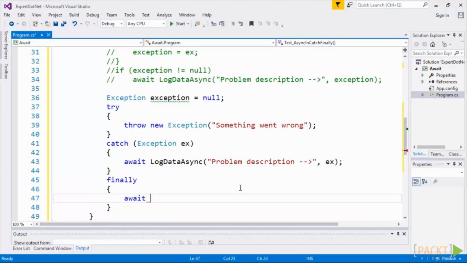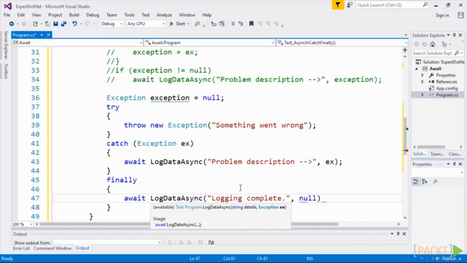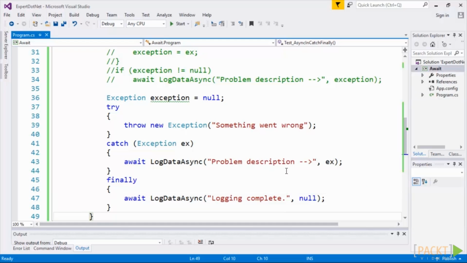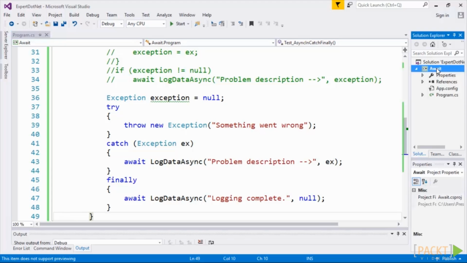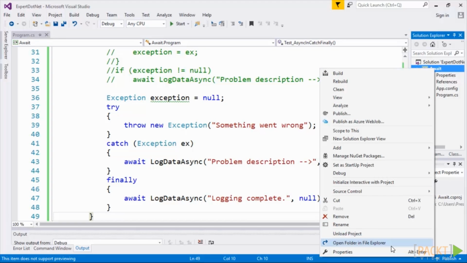What I'll do is I'll add await LogDataAsync, and since what enters in the finally block is going to be done after everything else is completed, we can say "logging is complete" and just pass in null here. Okay, so now let's go ahead and right click on our project file and select open folder in File Explorer,